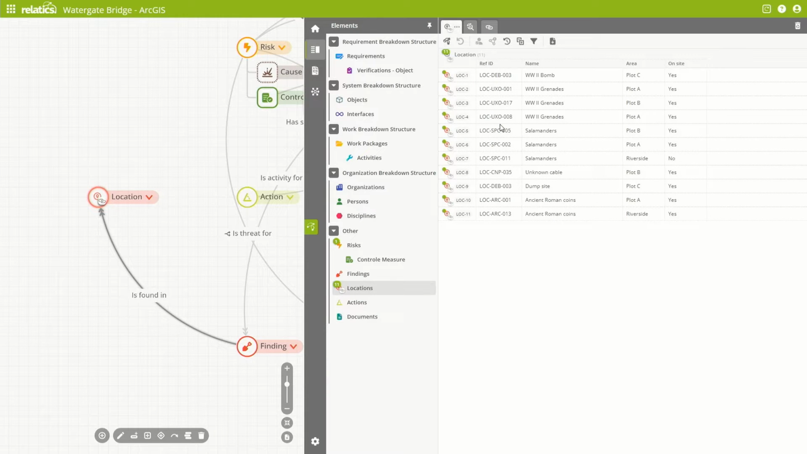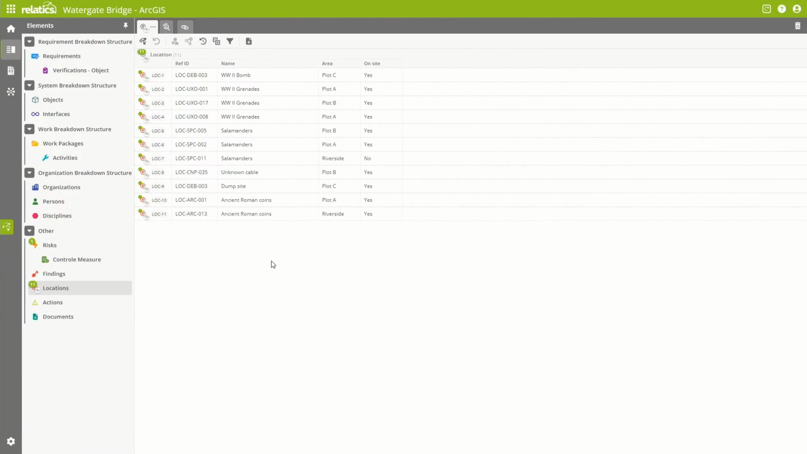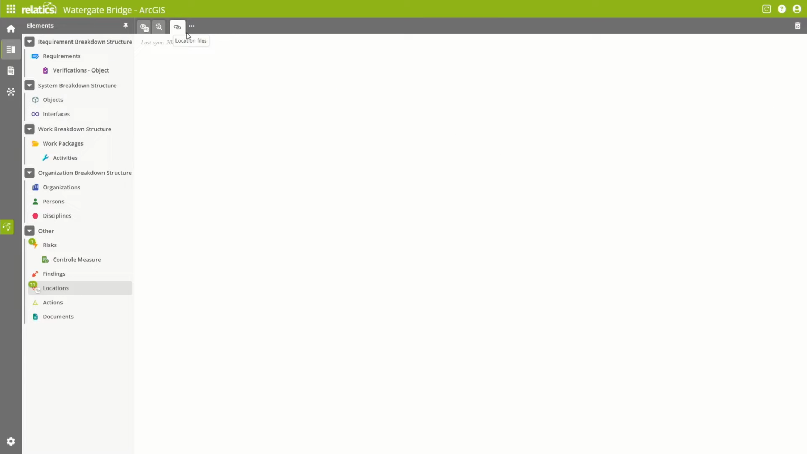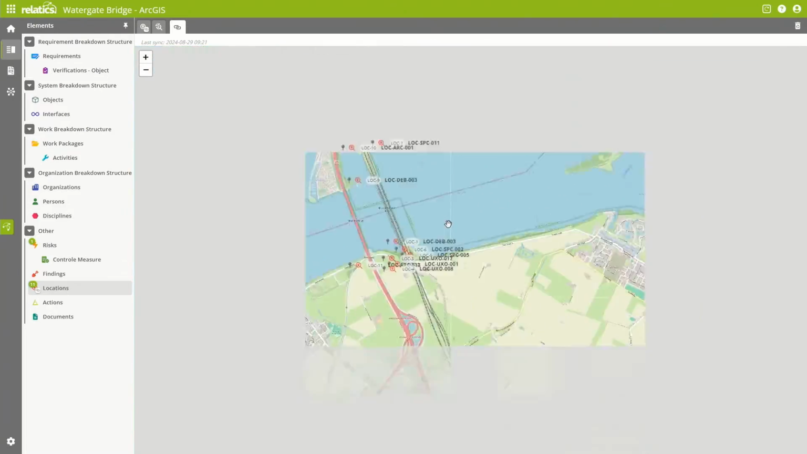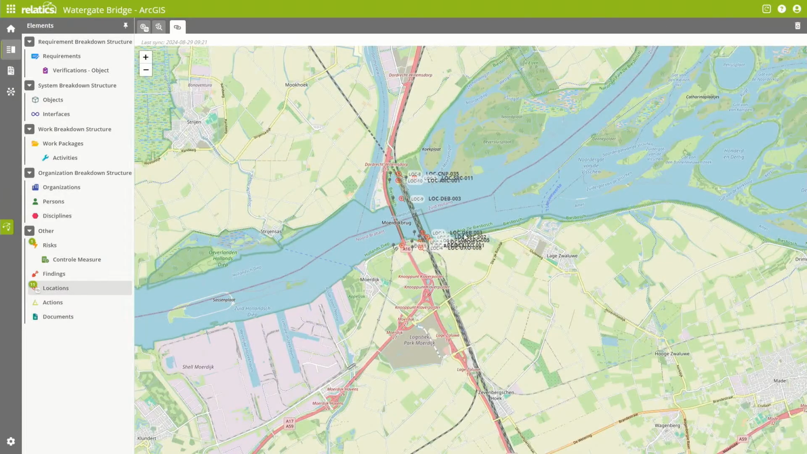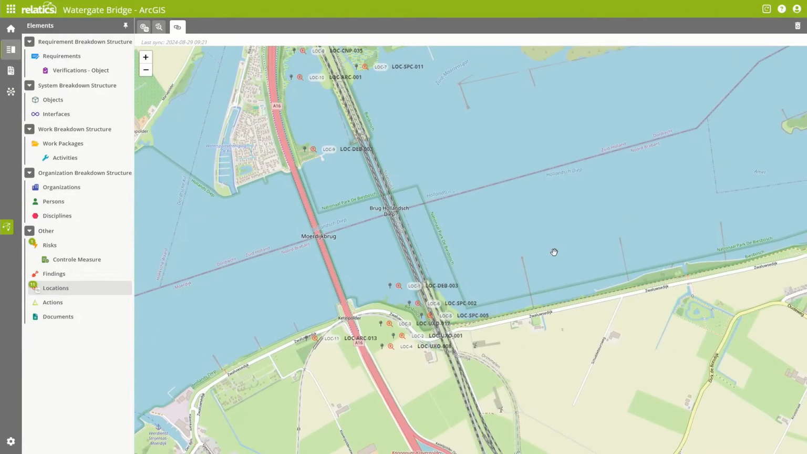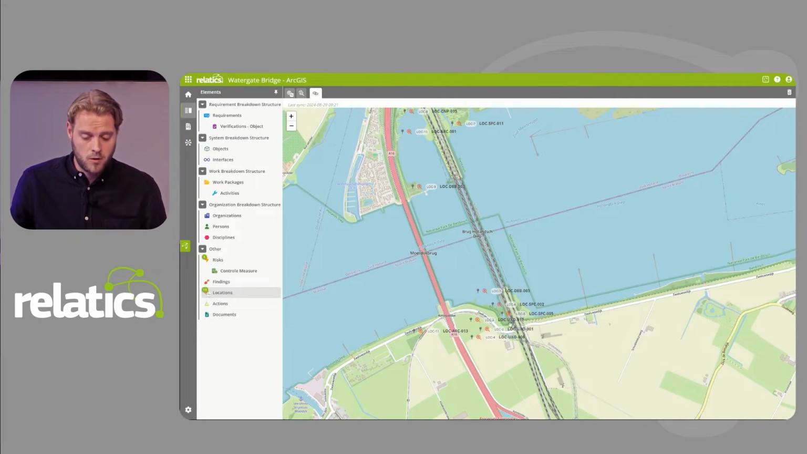But what I wanted to show you, and I'll close the graph view so you get a better view of those locations, is I can actually click on the new tab that's been added here because of the integration, which allows me to get a full map view in Relatics. And the cool thing about this is that it's based on the ArcGIS map, but this is actually an open source Relatics map. So this map is specific to Relatics, which means I can just look around the map, zoom in and zoom out to get a full view of the scope of work which is needed for this project, and it maps all those locations that are